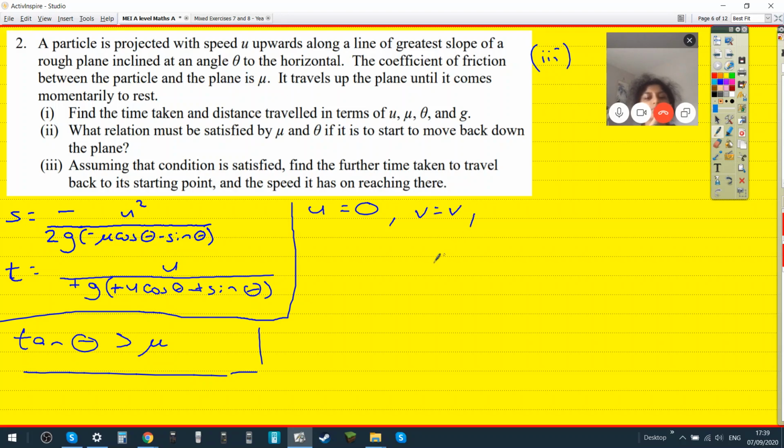Since you know u is 0, can't you find t? But then you have 0 over something, which I'm not sure if that works. Do we need a quadratic then? Because to get two values, one would be the initial launching point, so time is 0. That's when it's at that point. But when it returns,